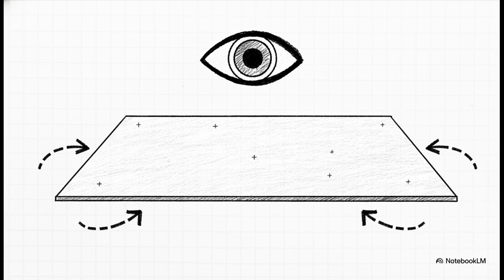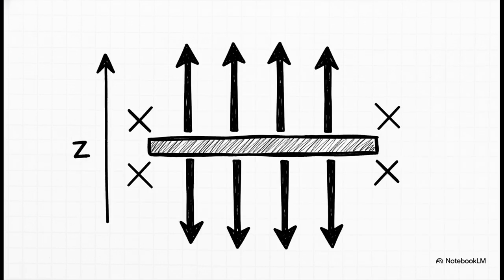The electric field strength just can't change as you move parallel to the plane. So, if the world looks the same in every sideways direction, then the electric field can't play favorites. It can't point left or right. It has to point straight away from the plane, totally perpendicular. And that means the only thing that could possibly affect the field's strength is how far you are away from the plane, that up and down distance we're calling z.